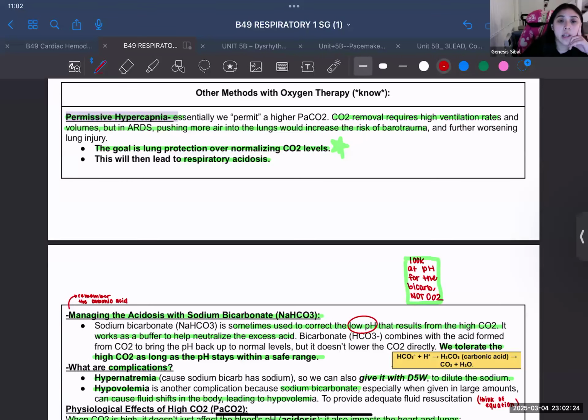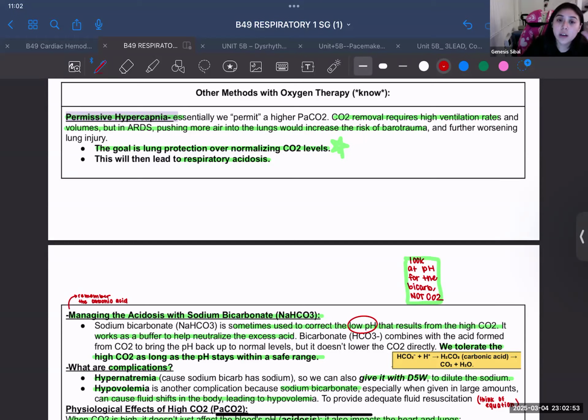So the problem is that if you were to essentially give them a bunch of tidal volume, you're going to blow their lungs up, they're going to be injured, and then you're just going to create for them to basically be on a vent permanently or not being able to breathe on their own ever. So at this point, we'd rather just let the CO2 happen because eventually they probably will be able to get off a vent. It might take a while, but at least they're still going to have that function.